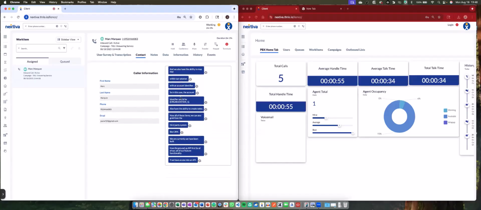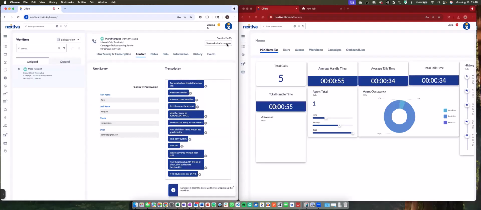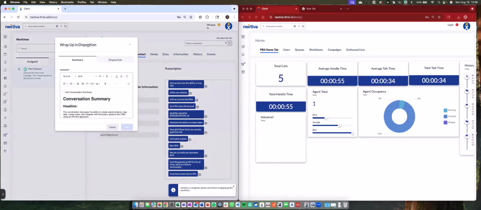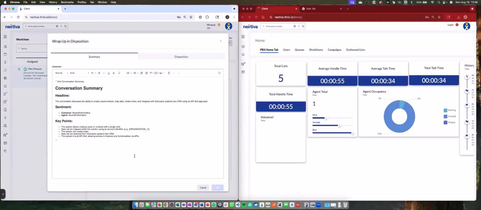Once the agent took all of the information and the agent terminates the call, you'll see here at the bottom it says summary in progress. Now, this summary is very important because we can do a bunch of things with this. And I want to point out a few things. This is in HTML format. We can do this in any format that is supported. That's rich text, HTML, regular plain text, all of the above.